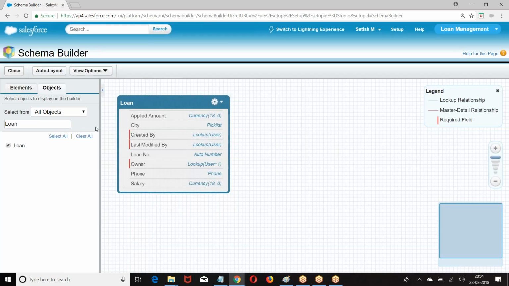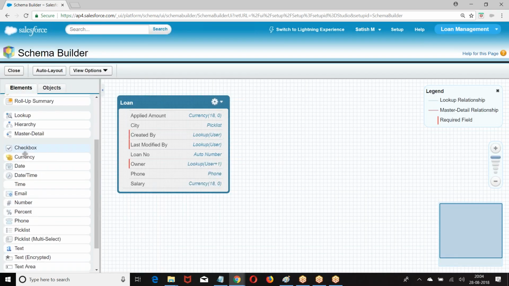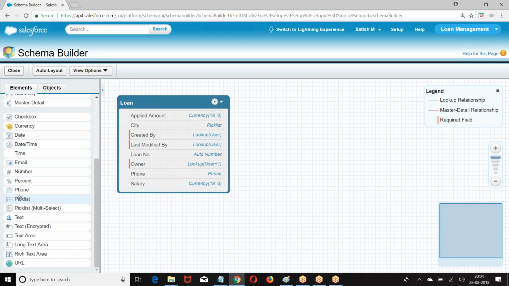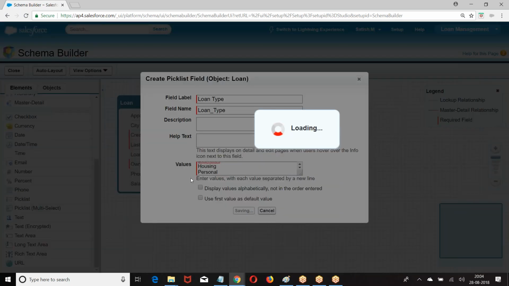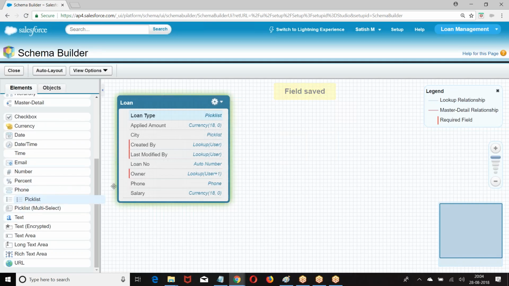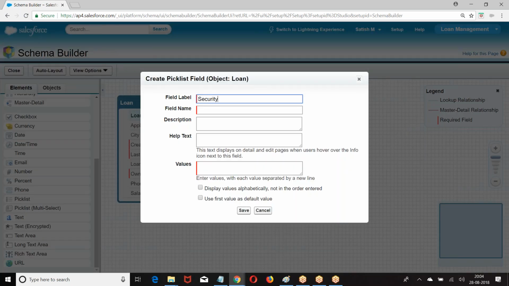Here I am creating some fields. First, loan type. What type of loan are you applying for? Housing. Then, what is the security? When you are applying for a loan, on what basis are you applying?